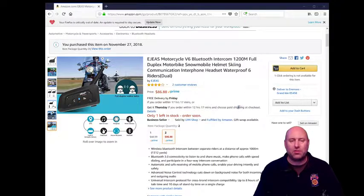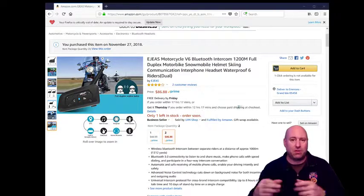The intercom system, once you've figured out how to pair them together, which can be complicated because the owner's manual does not really give you that good instructions to get this thing to work out of the box. I had to go to YouTube, I had to Google it, I had to figure out how they worked, how they communicated with each other, because they're not set up. Even though you're buying the pair, you actually have to set them up for them to communicate with